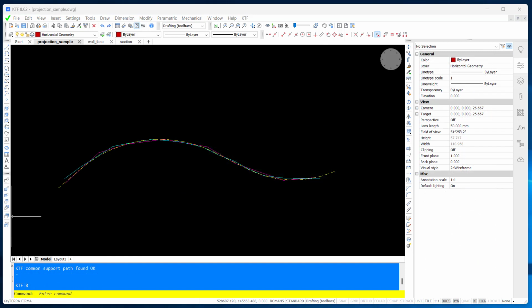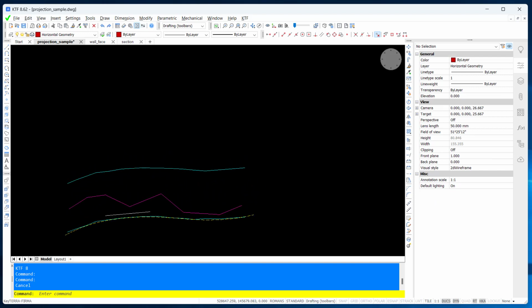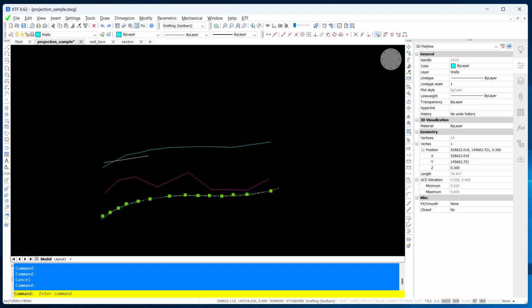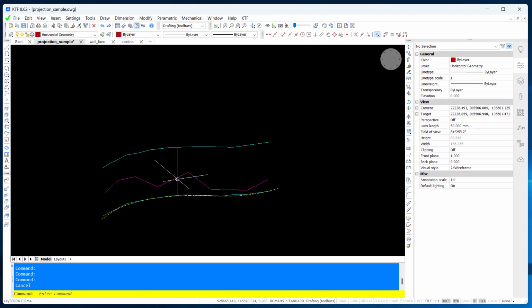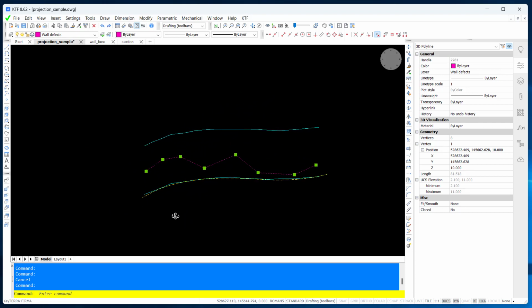Looking at how to project and analyze wall surveys on KTF. Here's an example of a wall which happened to be curved. There's a center line of it here, and then there are 3D polylines surveyed. In this sample, sort of man-made sample, there's a bottom of the wall and top of the wall which has been surveyed, and then there's in the middle polyline which kind of shows some defects or some points of interest